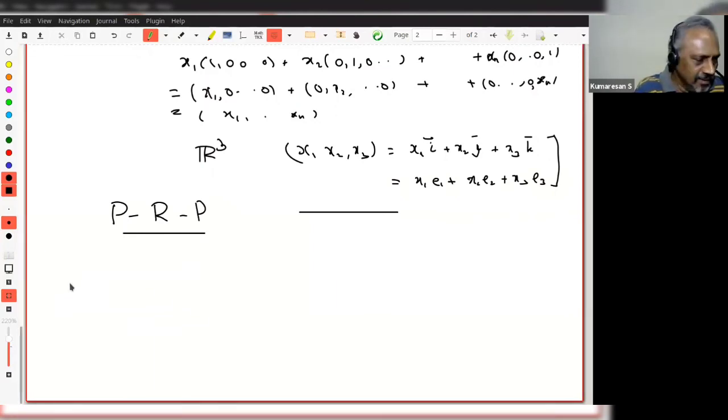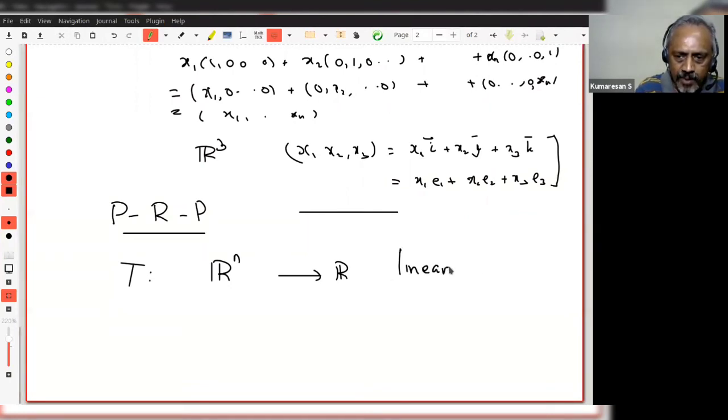Okay. So it's essentially a crash course on some basic facts about linear algebra on Rn. But you can see these are all related to the real numbers. It's really easy. There is nothing hard. Now I want to talk about a map from Rn to R. I want to say this is a linear map if the following are true.